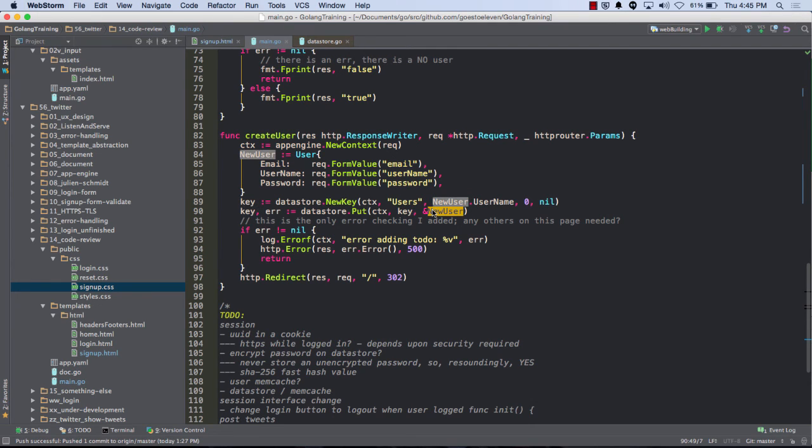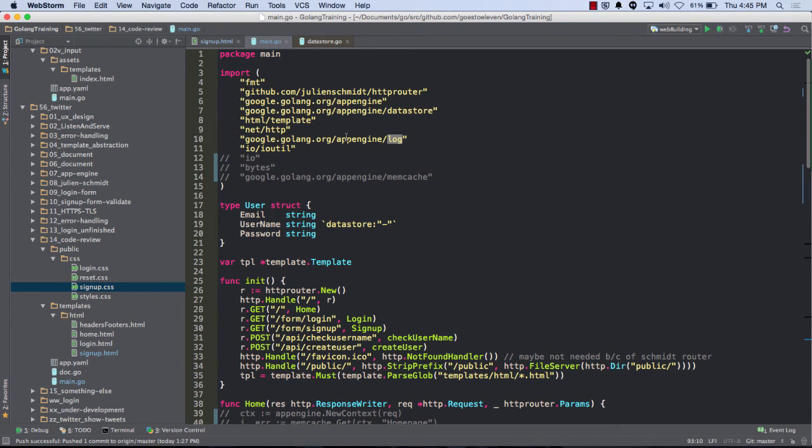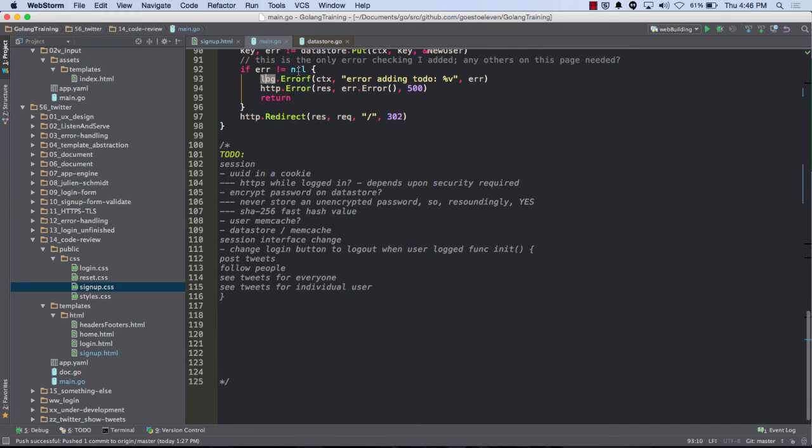And you've got to use the address, so a pointer to a struct. And if there's an error, log errorf, and then send back that there's an error. So log is App Engine log here. And you can't do println. You've got to use log errorf, infof, cosmic explosionf. There are a couple of different f's on log.